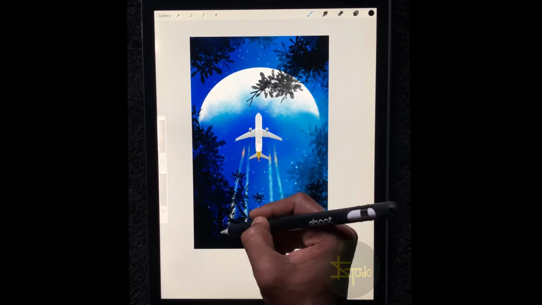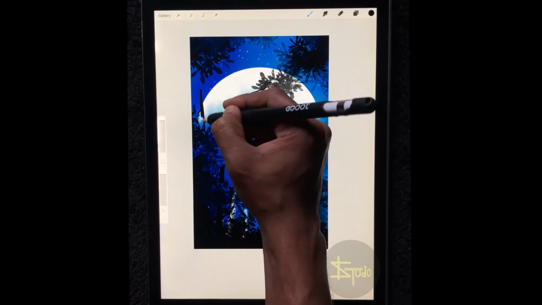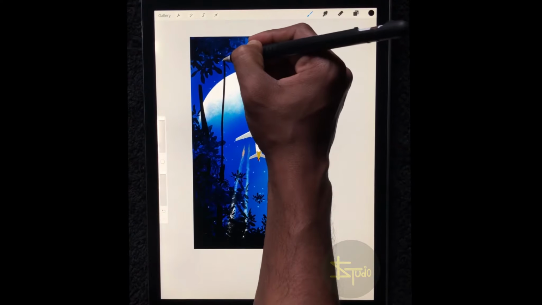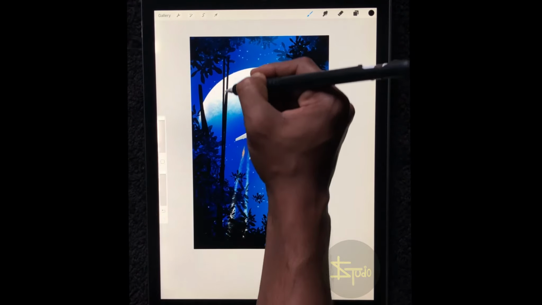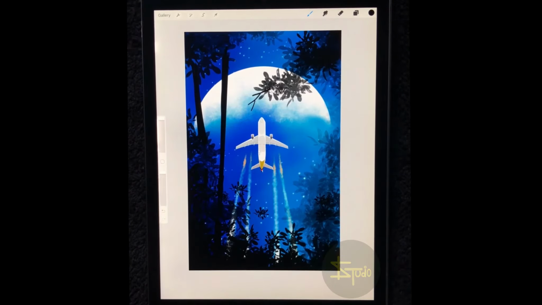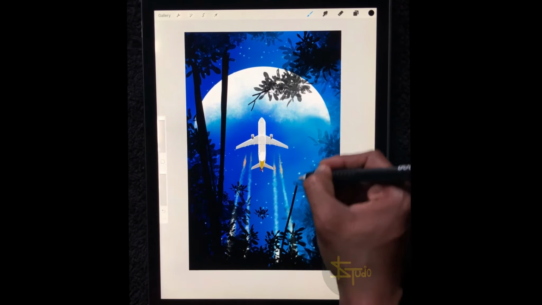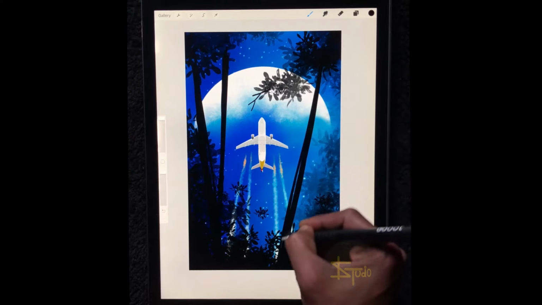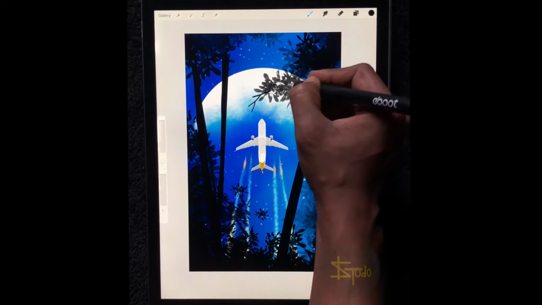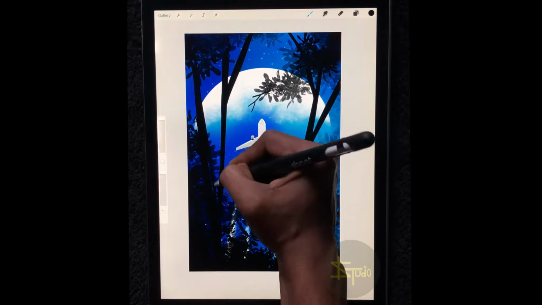So for this you must think. The app is ready to give you a good result, but you must think about the subject. You must think about what you are going to do. You must think about the composition. Lots of people do really realistic work in Procreate, little stuff and big. So it doesn't matter, you can do it easily. Just remember one thing, you must apply it, you must do it.